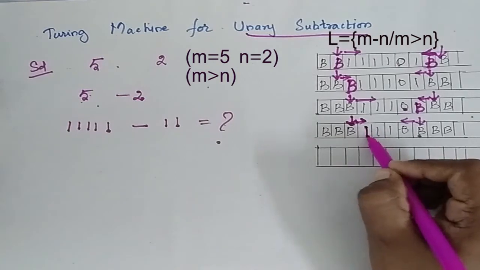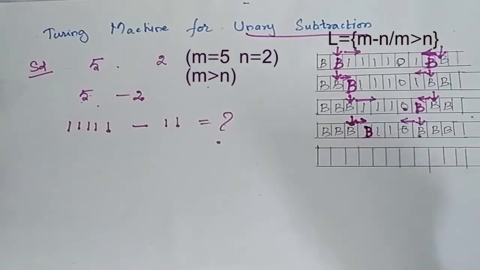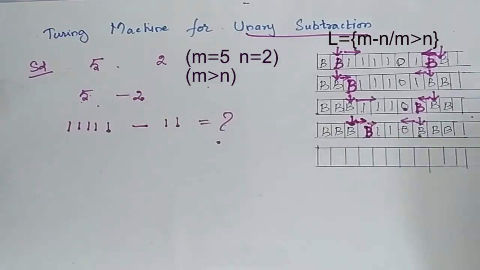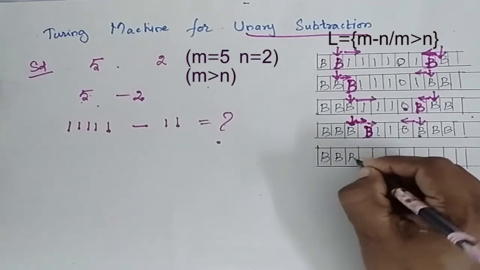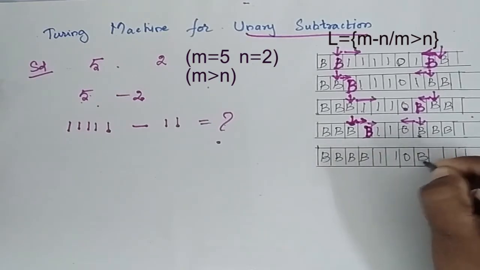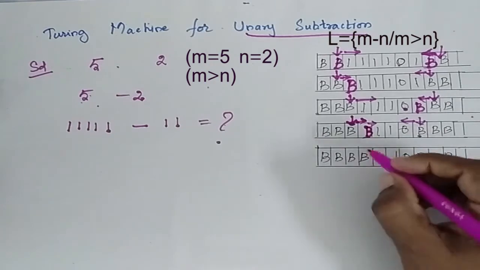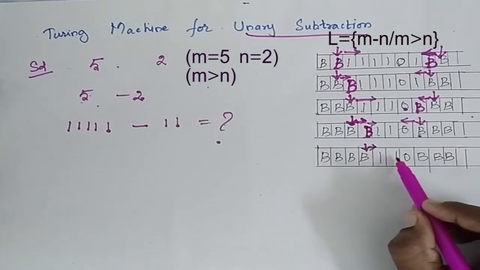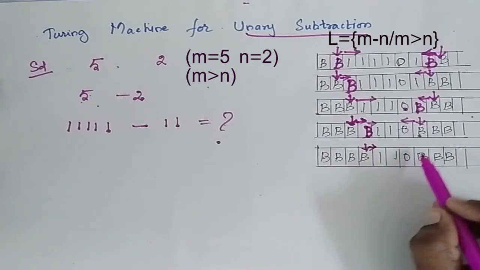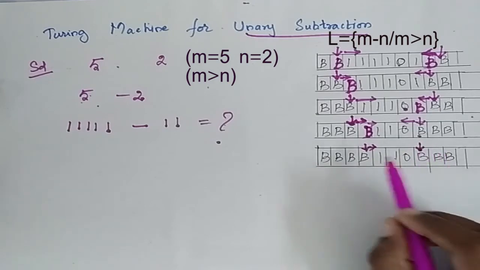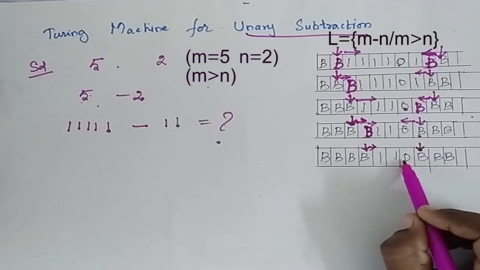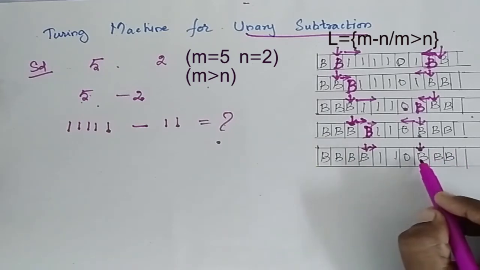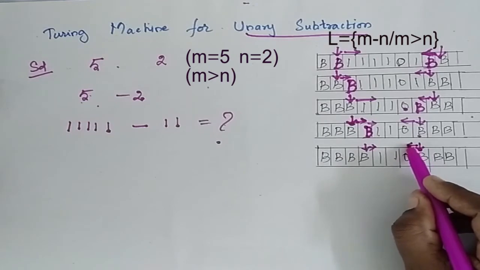And when it encounters a 1, this 1 is replaced as blank. And it starts moving right. So now my series will be like this. Now my tape header, from here it moves right. When it moves right, it moves across 1, it moves across 0 until it encounters a blank space. All the ones and 0 it comes across are maintained as such. Now once it encounters a blank space, this blank space is kept as such and it starts moving left.